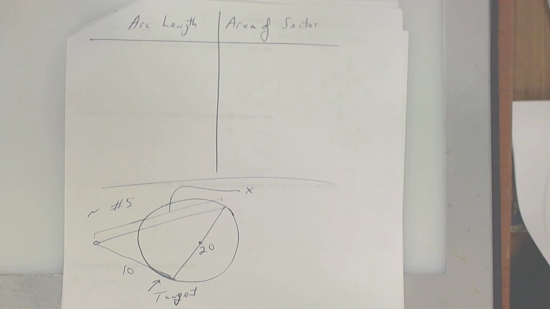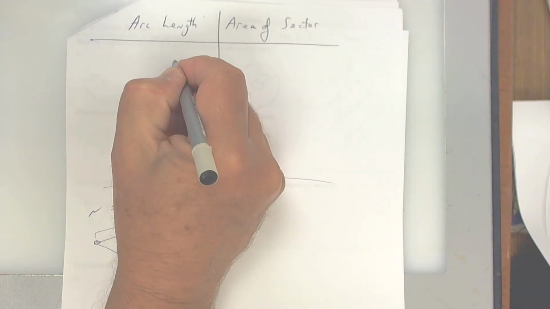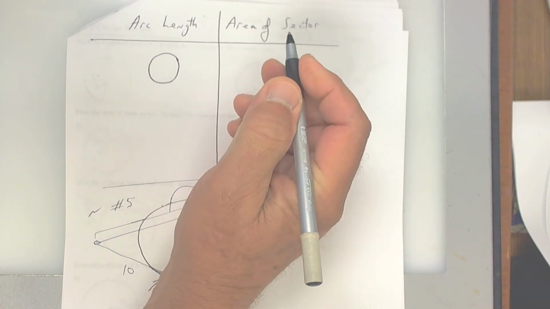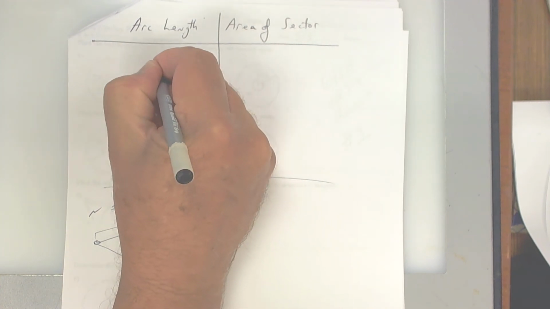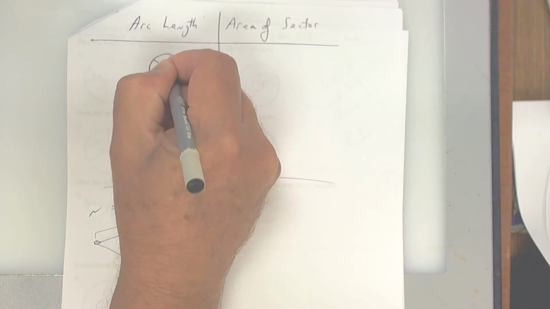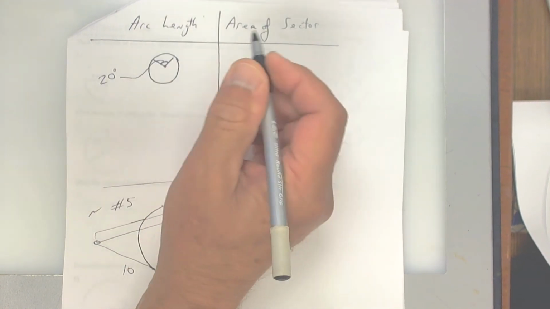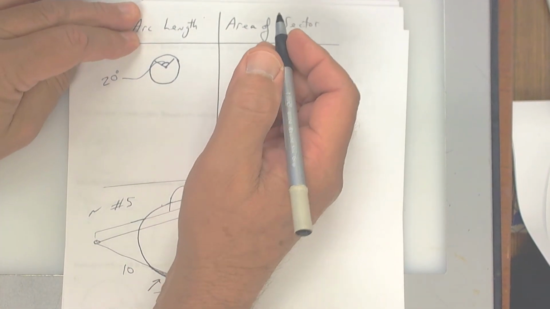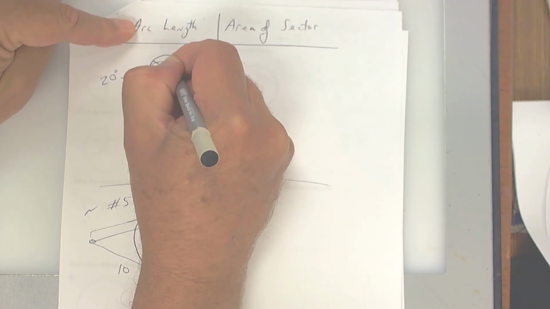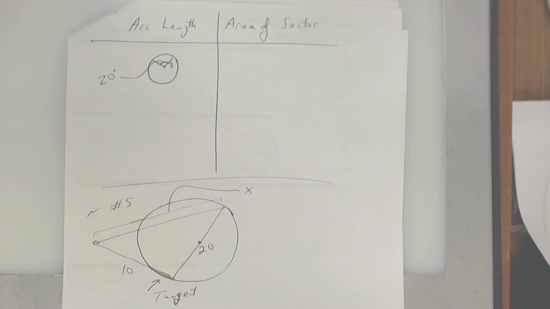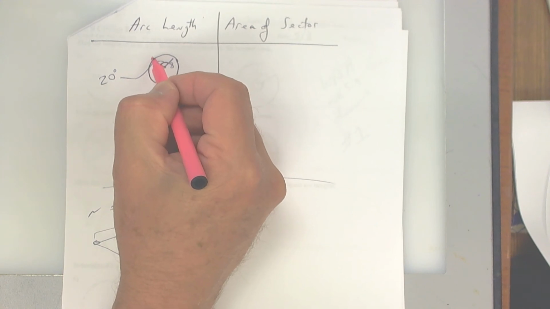Let's talk about the top part here. Well, let's think about this a minute. The top part wants to know the arc length. So let's just take a problem here and let's make an angle, and let's call this angle right here 20 degrees. And let's say the radius is 8. Okay, write that down. To get the length of this arc right here, from here to here,